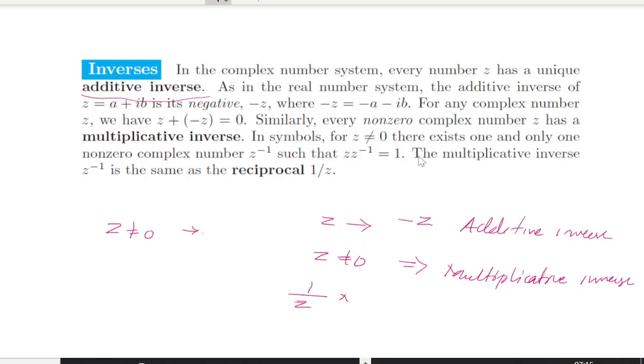Further, we can multiply and divide with the z bar. So what you are getting is z bar by a square plus b square, where z equals a plus ib form. So we will say this 1 by z, this is the way we are calculating 1 by z, and this 1 by z is called the reciprocal of z.